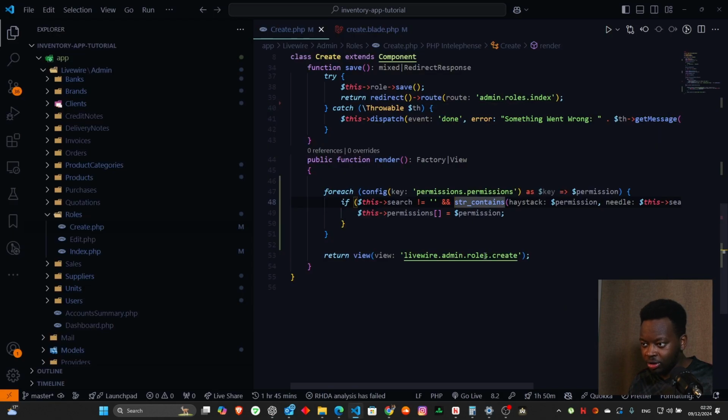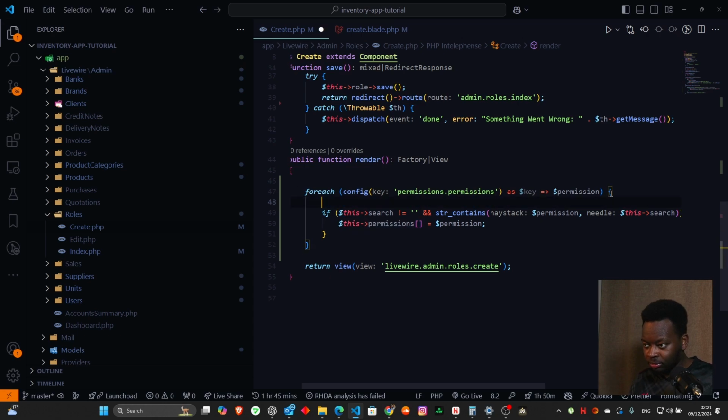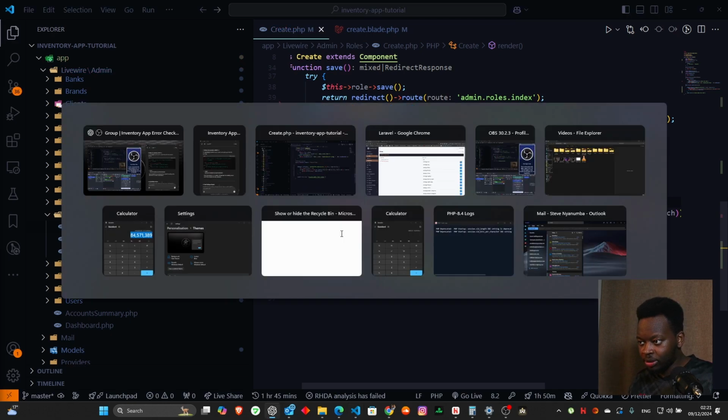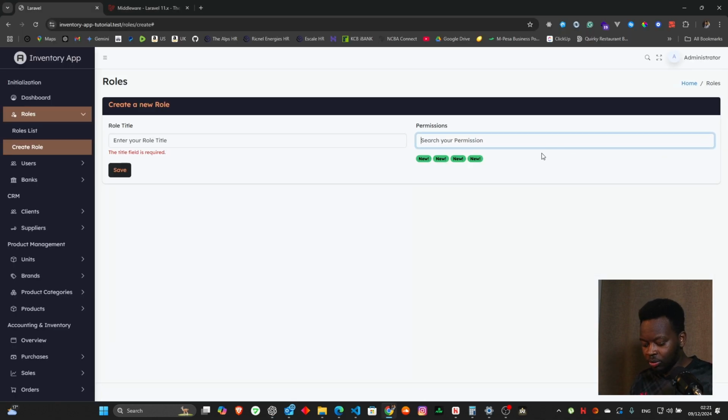So what we need to do here is we'll start with the permissions as an empty. And once we start with the permissions as an empty within this for each loop, that's when now things start to change. So now we'll say manage, if we type in roles,